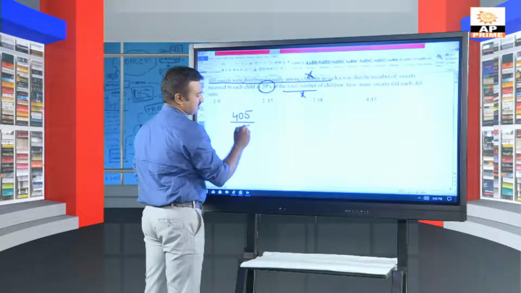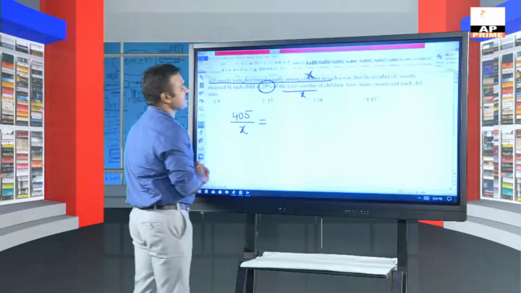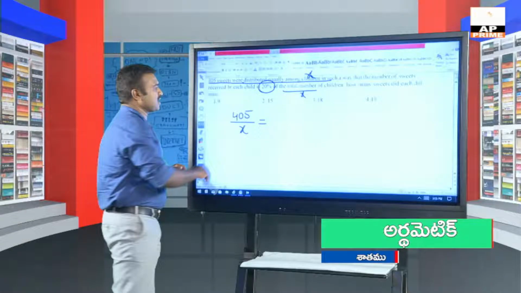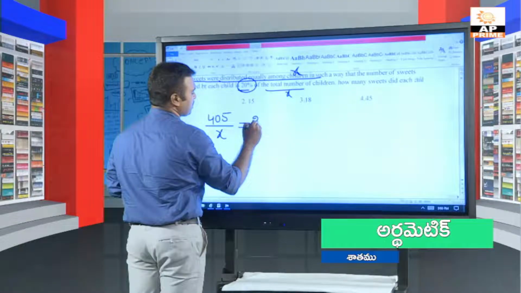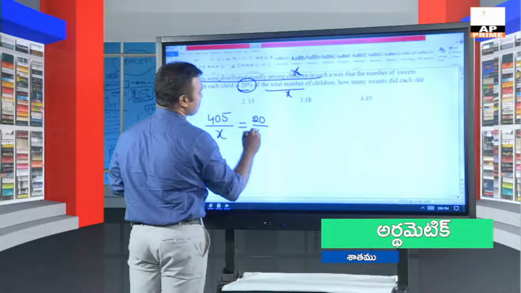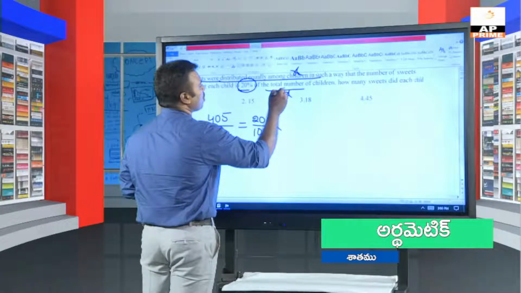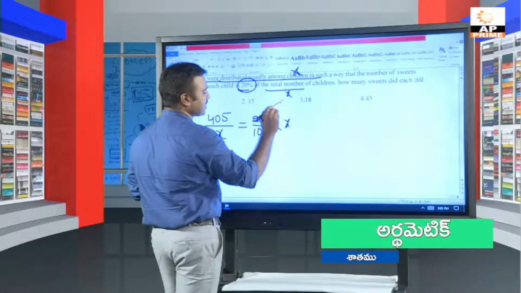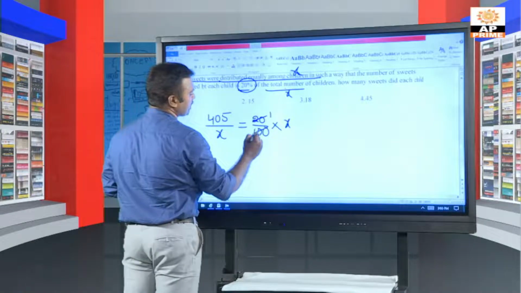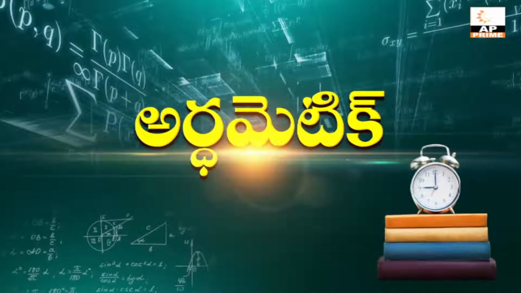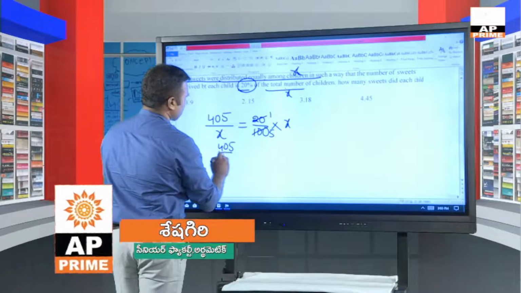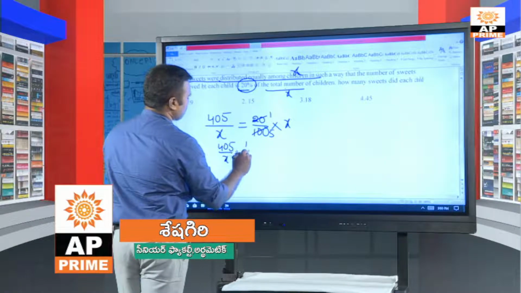So తర్వాత అది children కి distribute చేసినంత ఎలా వచ్చిందంట 20%, అంటే 20/100 of the total number. ఆ total number అంతా తెలియదు కాబట్టి నేను x అనుకుంటున్నాను. 20 టేబుల్లో 1 టైం, 20 టేబుల్లో 5 టైమ్స్. So 405/x is equal to 1/5 of